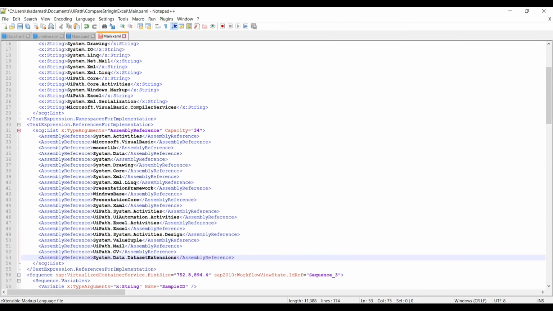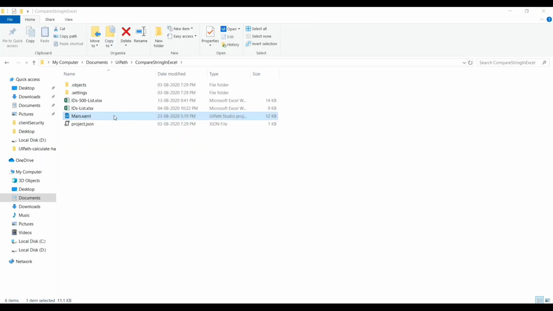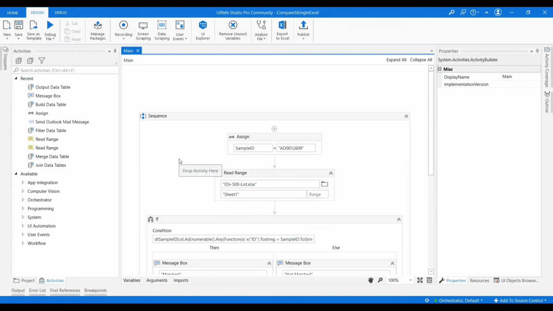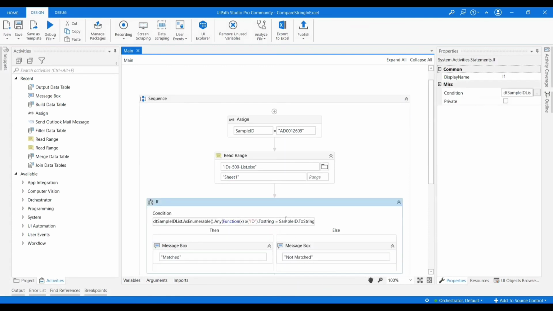Once you add this, just save your file, close it and reopen the workflow. Now if you see, there is no error for this statement.